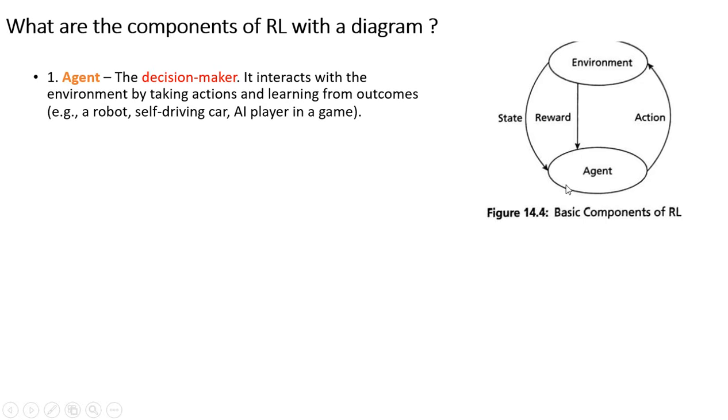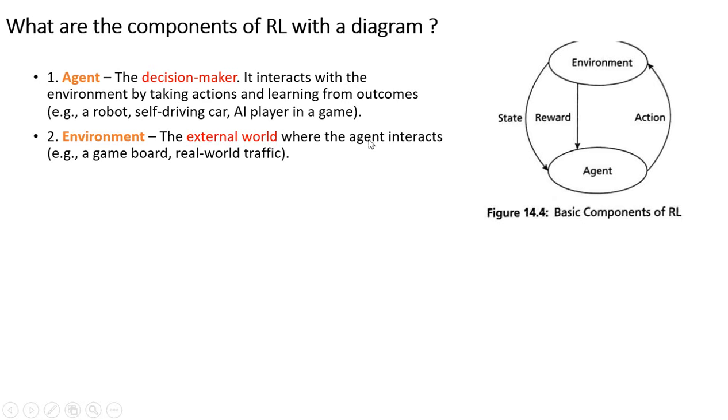So these are the basic components of reinforcement learning. You have the agent. With respect to the previous analogy, the agent is the child, right? He is the decision maker. He interacts with the environment and he takes action. The second one is the environment. For the previous example, the child is riding on a road in a park, so the environment there is the park. Basically, environment is nothing but the external world where the agent interacts. The third one is the state. State is basically a representation of the environment at a specific time. Because it's a sequential action, with respect to time we define something called states.